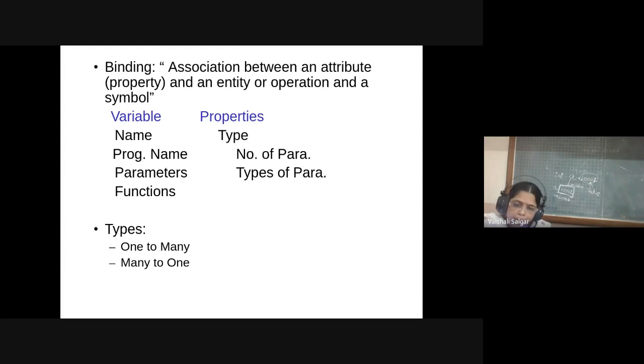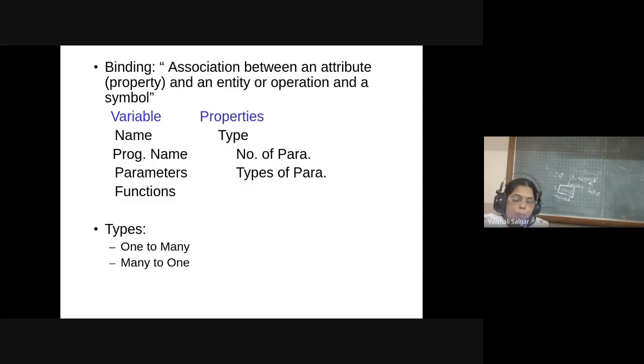With a program name, it will have properties such as the number of parameters in that program. Then next are parameters with your function or procedure. At that time, the types of parameters, that is, whether you are passing integer values, float values, or string data.